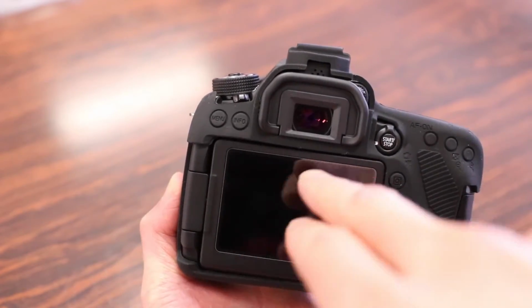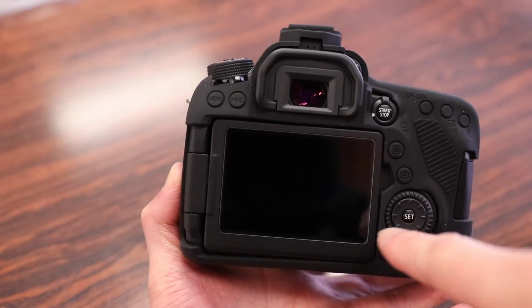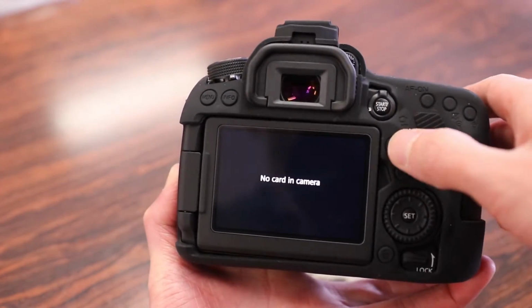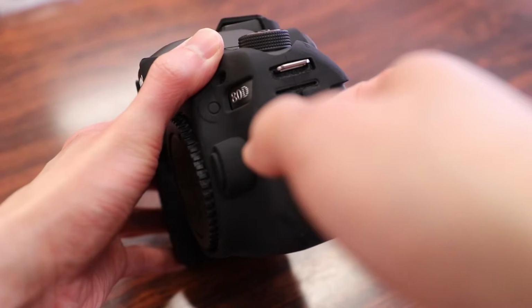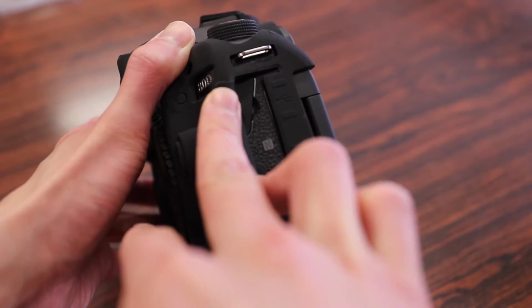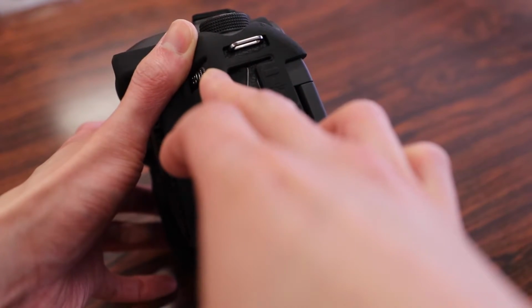You have full access to your LCD screen, as well as the tilt feature of the Canon 80D. Covers for most of the back buttons here, such as the menu button, playback button, delete button, and you still get a nice tactile feedback when you press on these. On the side here, we do have built-in covers for the ports, such as your mic ports, USB ports, HDMI ports. That being said, it looks like I might run into a bit of an issue with this cover here,